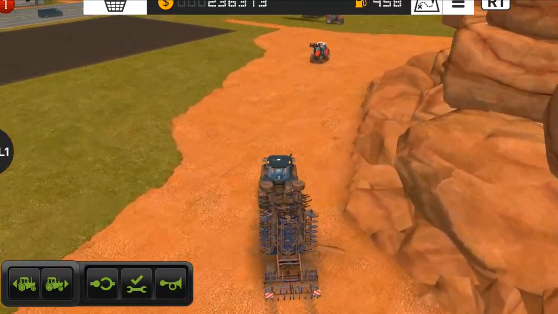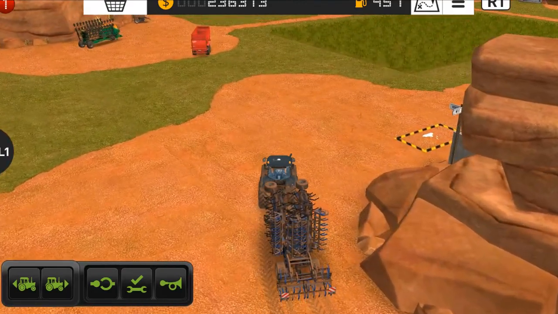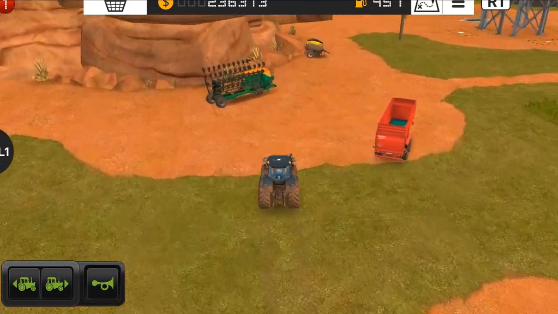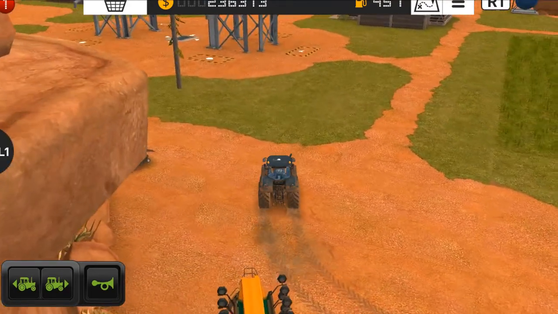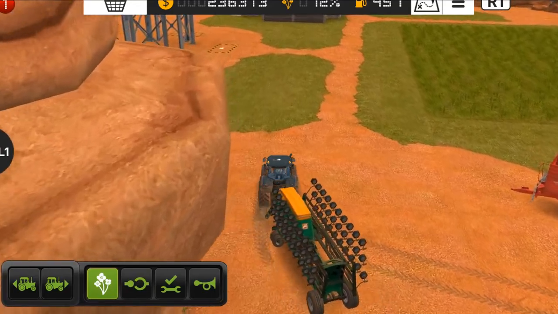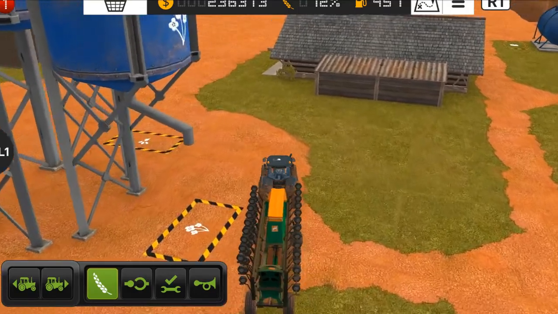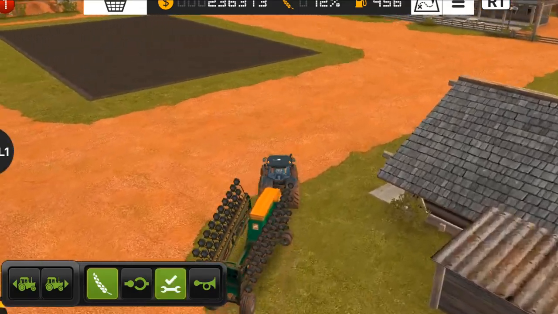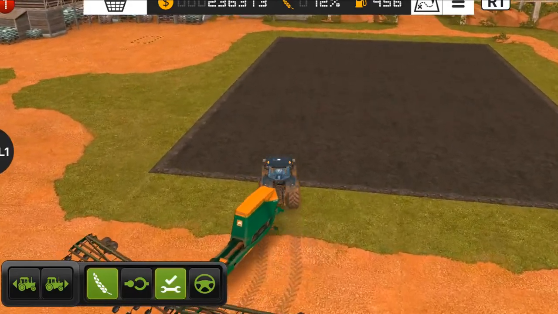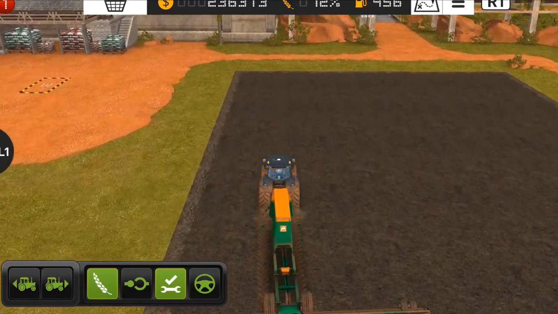Alright, so I have just cultivated 5 fields, and now I'm going to tell you which crops are important for you all the time in Farming Simulator 18. The first crop which you must have at least 2 fields of is of course the wheat. Now why wheat? Wheat is really important because number one, this is a little bit more profitable as compared to sunflower and potatoes. And the second thing is that